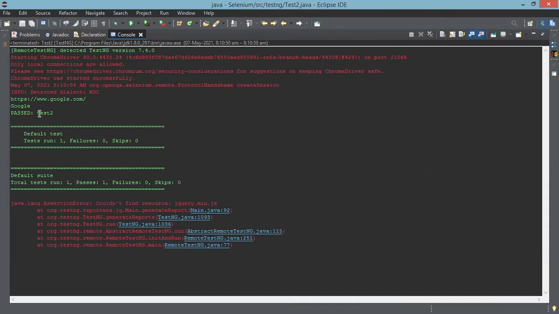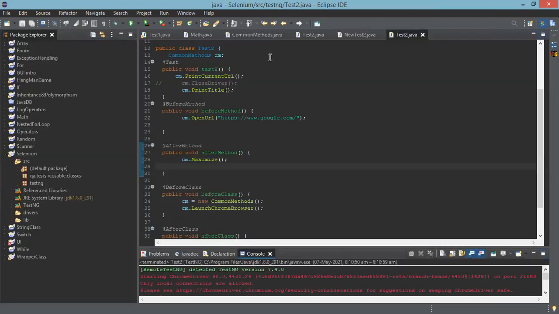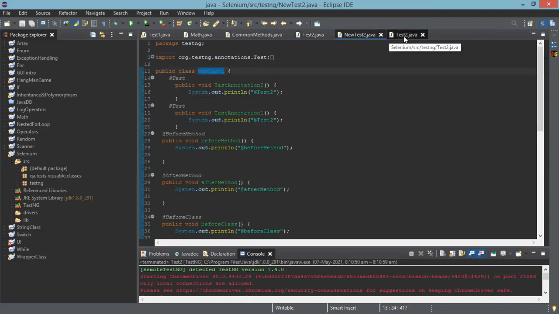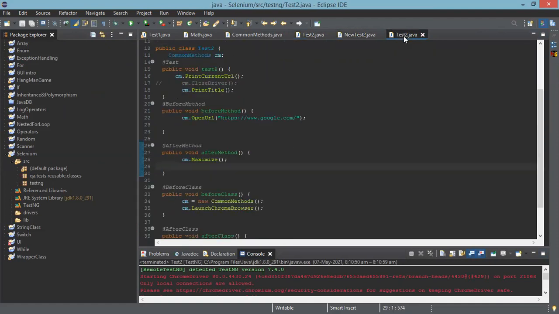What is the advantage of this? Yesterday, you were having it only in one thing. From the main method only you were calling, and you had to have it as a single test as such. You will not know what failed and what passed. If you get an exception, then you have to go to the line and check. Now we have another option also.